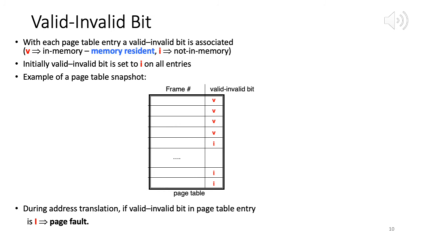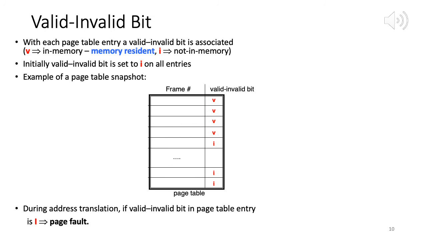So we go to a particular page in a process, a virtual page. For that page, we look up the page table entry, and we see that the value is invalid, which means the page has not been loaded into main memory, right? So this event is called a page fault, and obviously what we have to do in the event of a page fault is bring that page in. Okay.